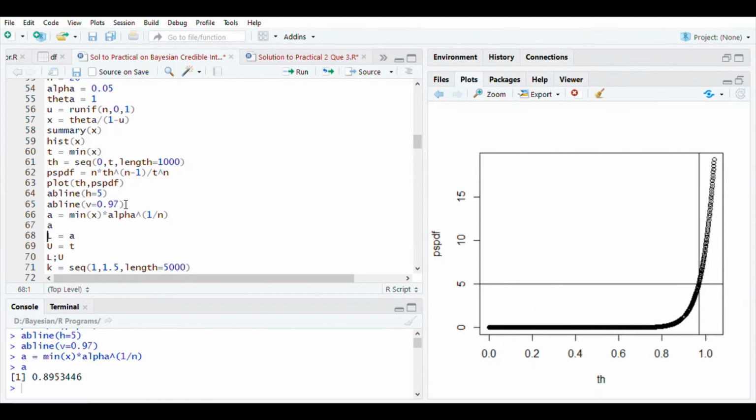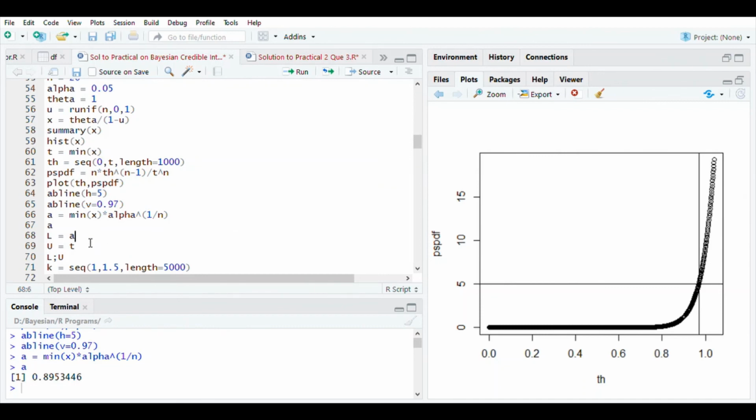Through this example, I just tried to demonstrate that if we follow the procedure for the construction of the highest posterior density credible interval for a PDF which is strictly increasing in theta, then we will always end up with an interval of the type a to x ordered 1. So the lower limit of the interval will be a point between 0 and x ordered 1, and the upper limit will always be x ordered 1, because the upper limit for theta is x ordered 1.